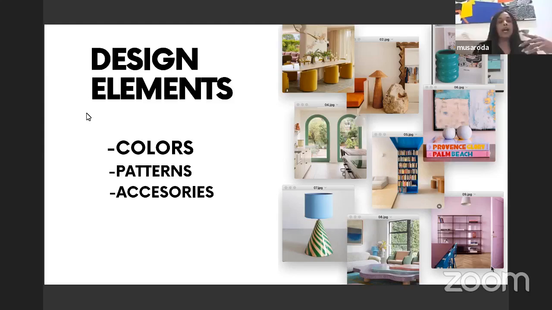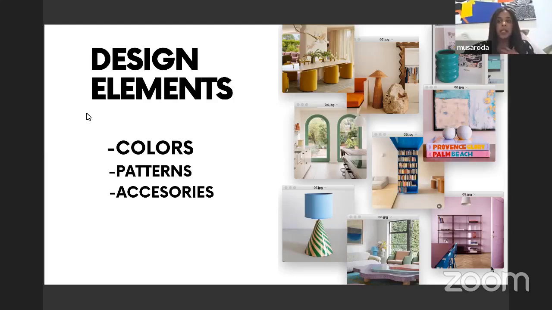We can also see how patterns make a difference in this product design, specifically this lamp in image 7. If this lamp was just one color, it really wouldn't make much of an impact, because one solid color feels very monotonous. It wouldn't have such an impact as opposed to the pattern, which makes it more lively and more dynamic. It creates a sense of layering, if you will.